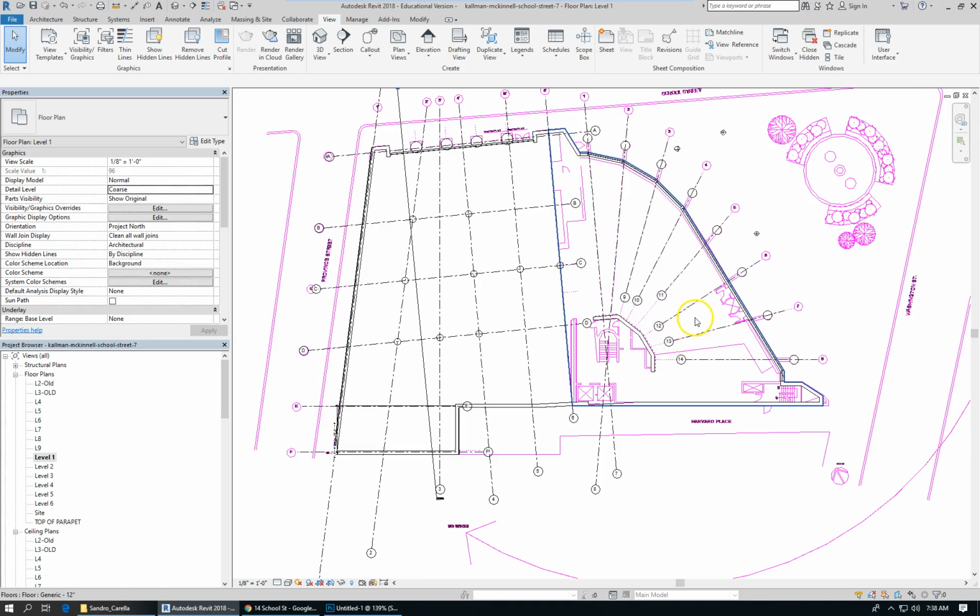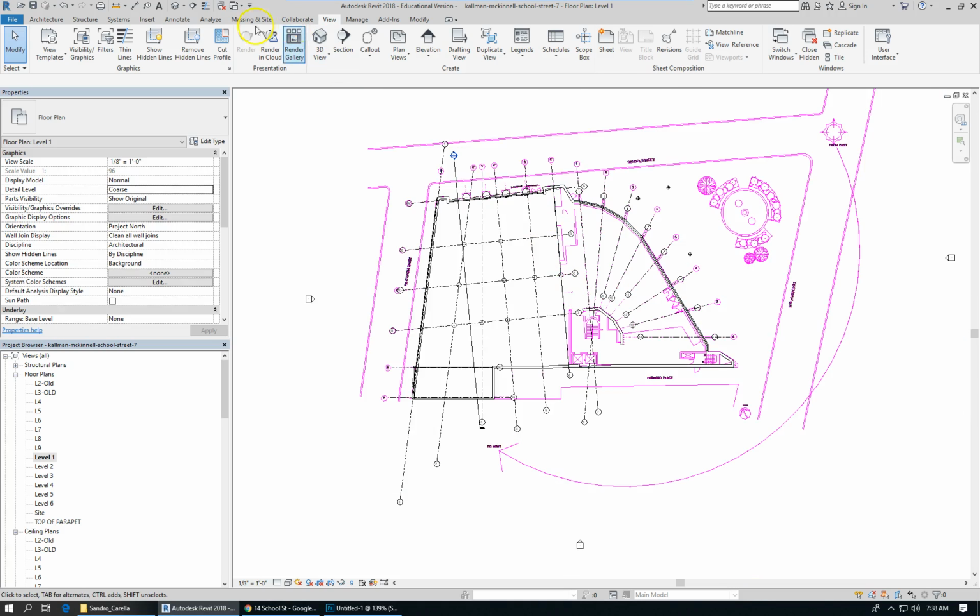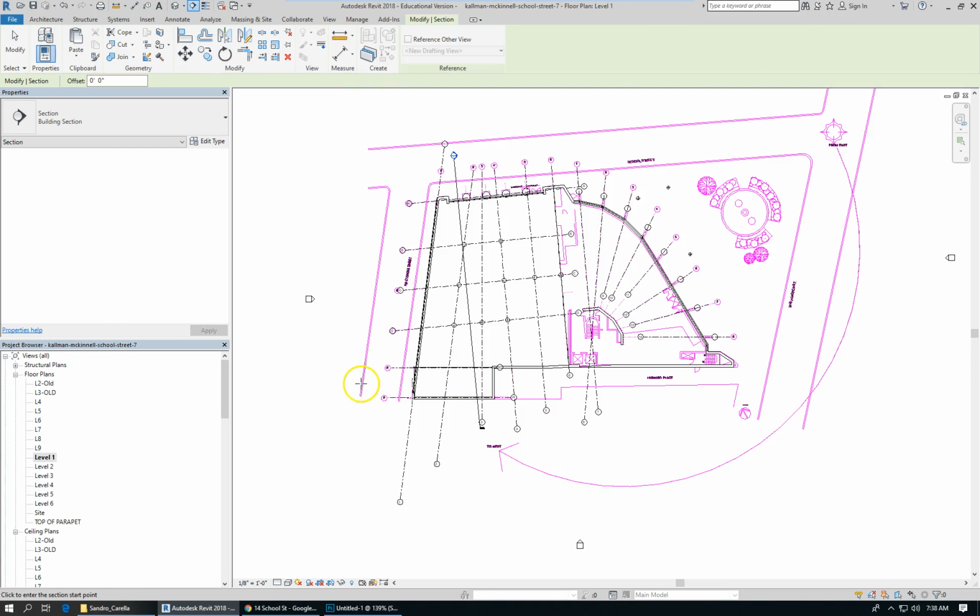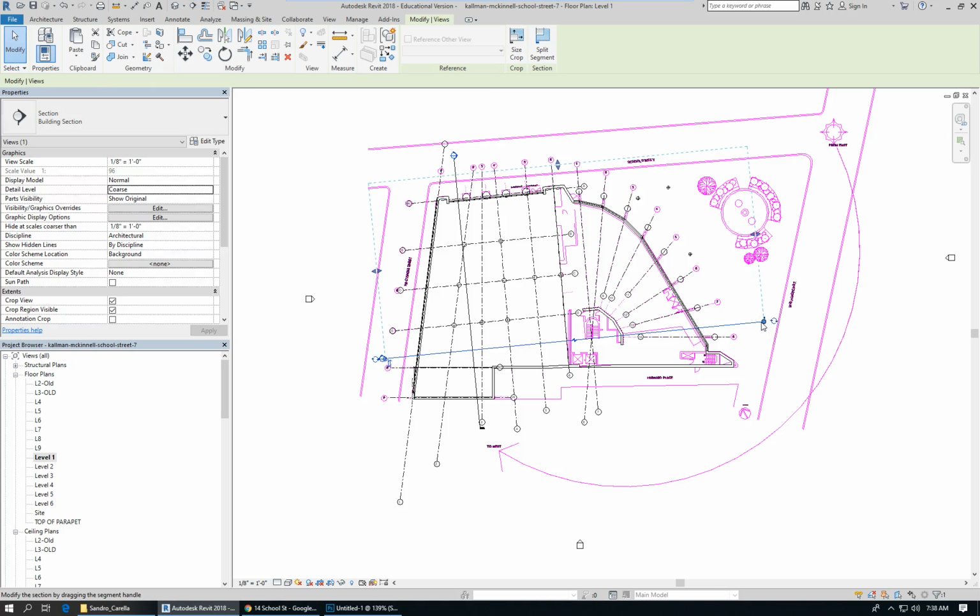And a section, let's cut a cross section. I guess this would be a long section. View, section, this way. That little blue, you see how the facade at School Street gets highlighted in blue as soon as it senses that it's parallel to that facade. So there's a section,